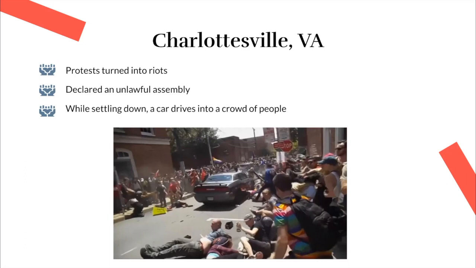So what ended up happening as a result of these riots in Charlottesville, or the initial protest, was that they turned into riots, which were actually very one-sided, with most of the violence coming from the alt-right. And then essentially the police deemed that it was an unlawful assembly due to the violence. And all of this escalated from the alt-right not wanting to get rid of symbols of slavery and the suppression